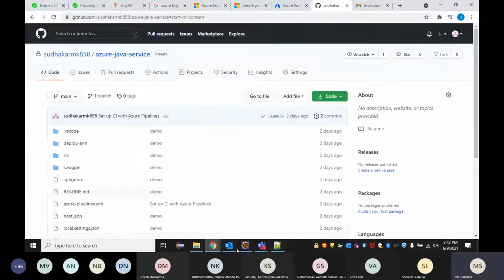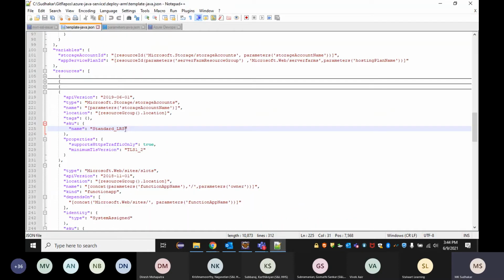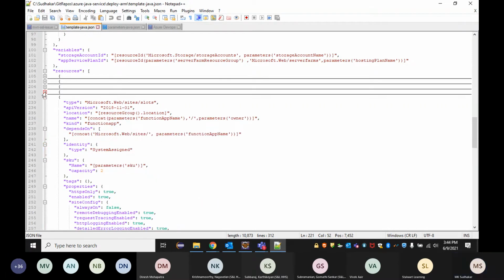Normally, if you see the framework, I mean the template which I created, there is no storage resource to be created. That means the function app automatically creates a storage account for us, with their own namings and in some region they choose. But that also should be under our control. So for that reason, I'm going to create one more resource so that even the storage account will be created with this ARM template. Okay.